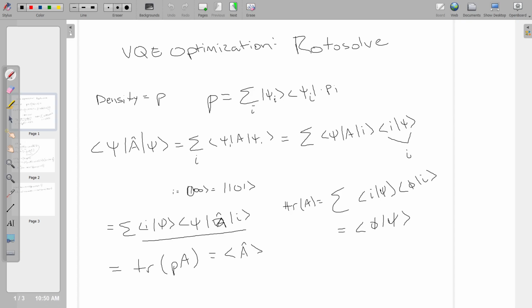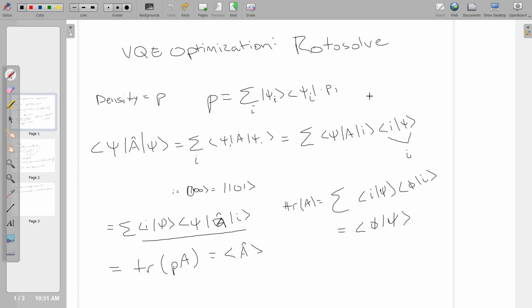the beginning again. Today, we'll be talking about variational quantum eigensolver optimization, specifically a recent paper that introduced an algorithm called Rotosolve. First, just as a reminder, the density matrix rho is given for pure and mixed states as the following: the sum of this outer product here, and this term pi is only present